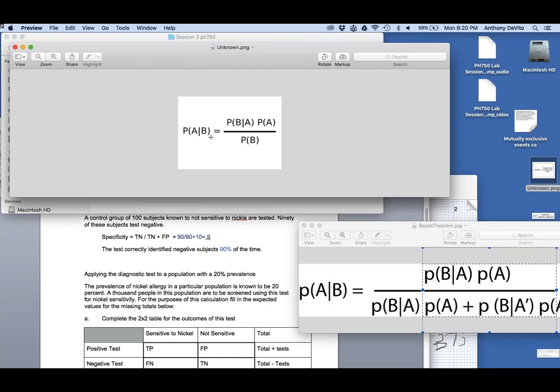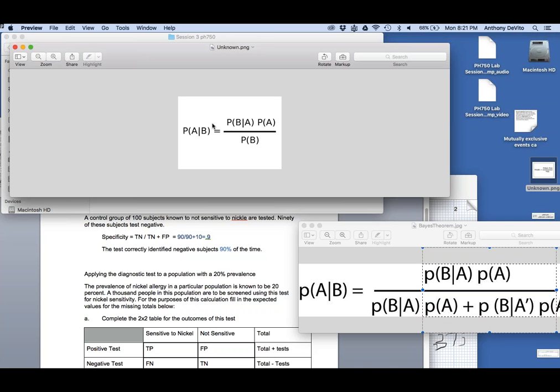The probability of A given that B has occurred is equal to the probability of B given that A has occurred. So let's say that A represents having the disease, and B represents testing positive. A is the probability of having the disease. B is the probability that you test positive. So the probability that you have the disease given that you test positive, that's the positive predictive value. P of A given B is the positive predictive value if you define A as the